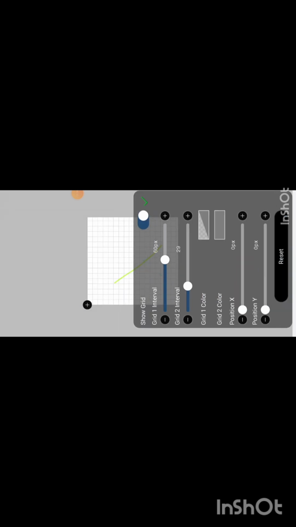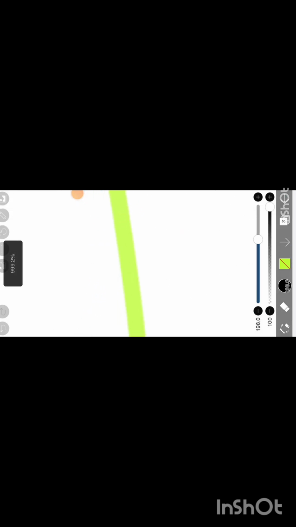With the help of this tool, you can add your reference window. You can also add a grid. Using these sliders, you can set up your grid. And at last, there is display when zoomed. So it's smooth and pixelated. Now I will show you. I have zoomed in very highly, so you can see it's very smooth. Now I will make it pixelated. Now can you see the difference? The pixels are showing in a pixelated way.